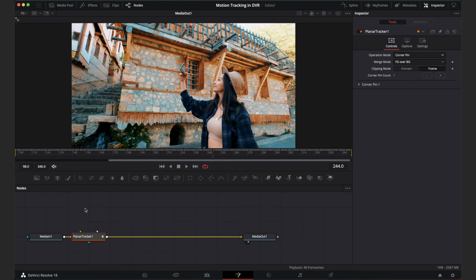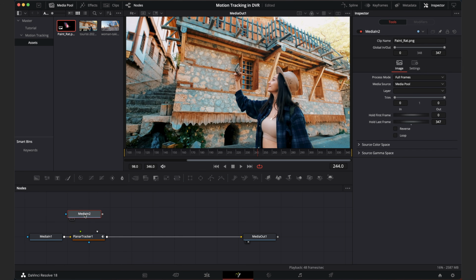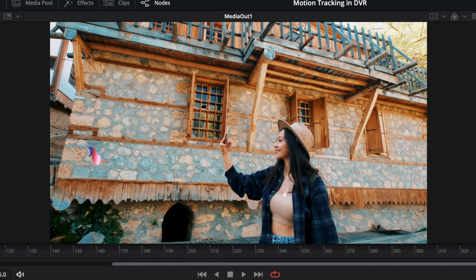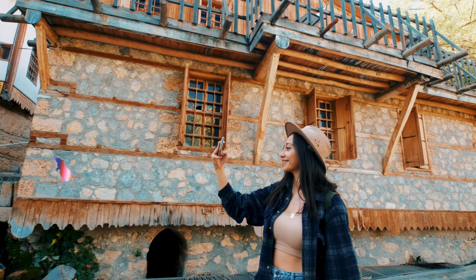We could add another text layer like we did with the other piece of footage, but here I want to show you that you can bring in some PNG overlay graphics. So let's say, for instance, I've just got this little paint rat here. I can just drag that in and drop that over on our footage. And basically, once I connect this, you'll see it goes within that bounding box there. So there we go. We've basically got this little rat graffiti graphic that I made. And if we play that through, that has been tracked to that section of the wall.